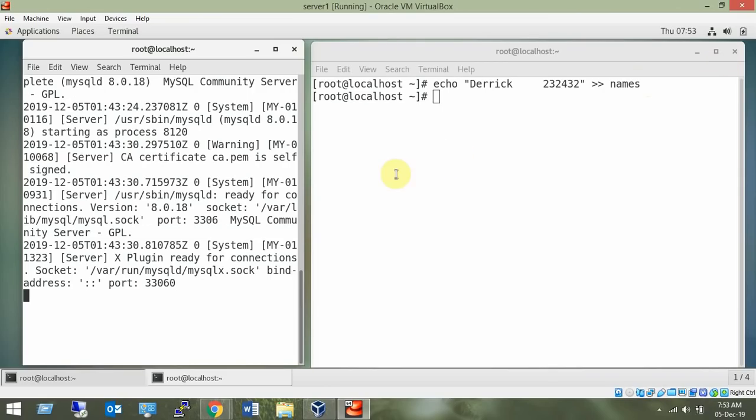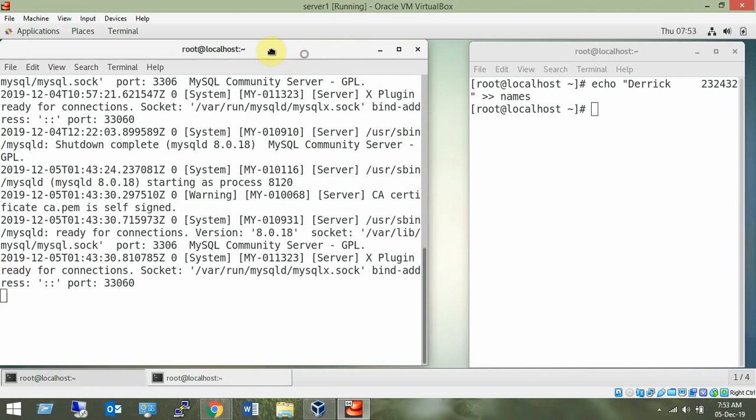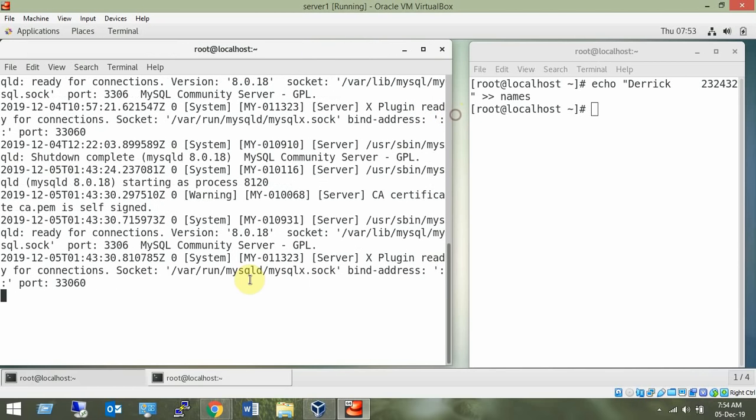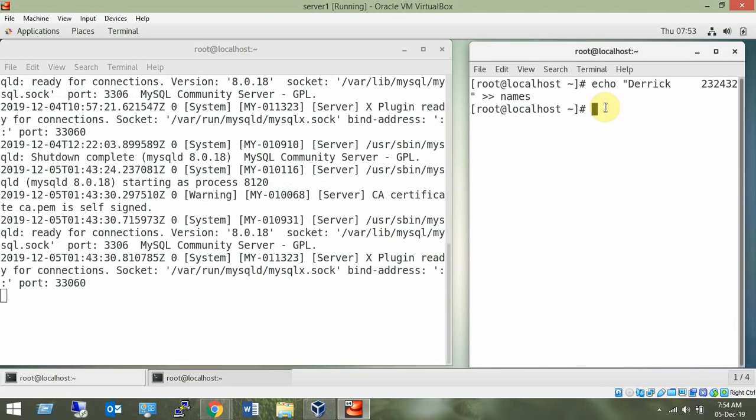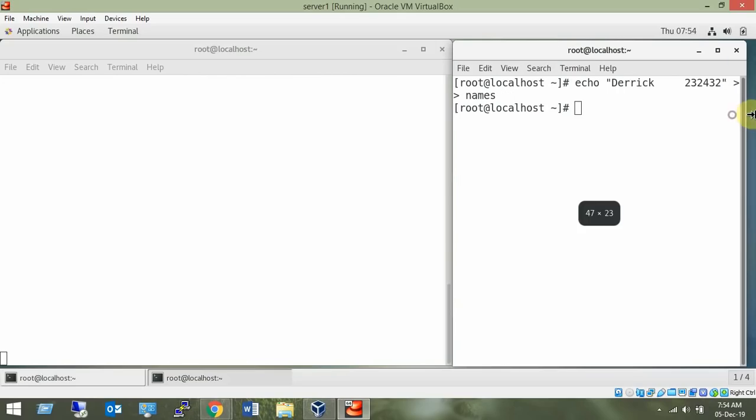If I restart my MySQL server, which is what you will ultimately be doing, and this training is for MySQL, don't forget that. So if MySQL server I start here and it is failing or it is restarting, I want to observe what exactly happens when you start or stop the service. I want to monitor the messages. So what I'll do is press a lot of enter key so that my screen is blank, and the moment I issue the command I should be able to see what is happening behind the screen and what is going to the log files. So I issue the command systemctl restart MySQLD, oh sorry, MariaDB.